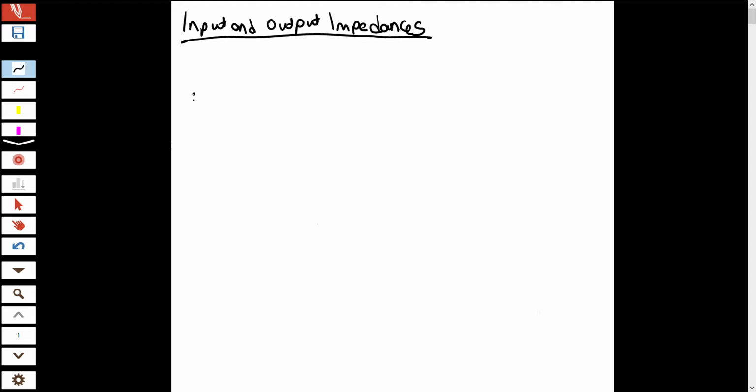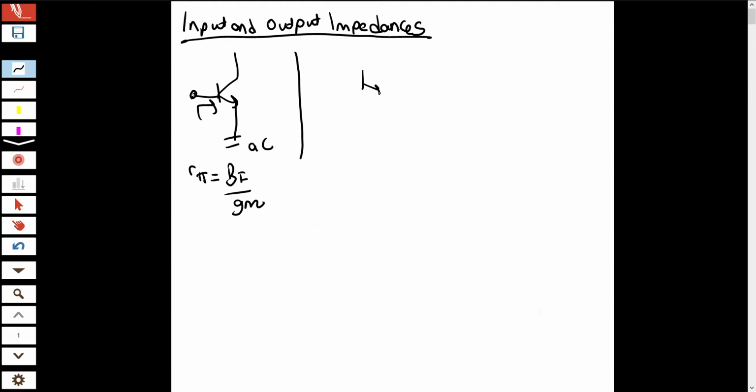First of all, if you have a BJT in AC case like this, and if you look from here, what you see is r_pi, and r_pi equals beta over gm. Okay, if you see in AC case,